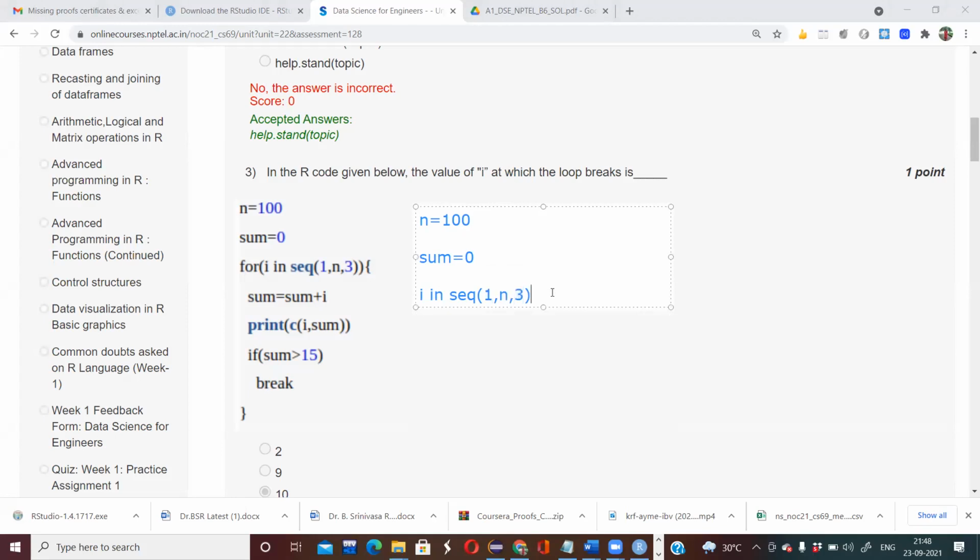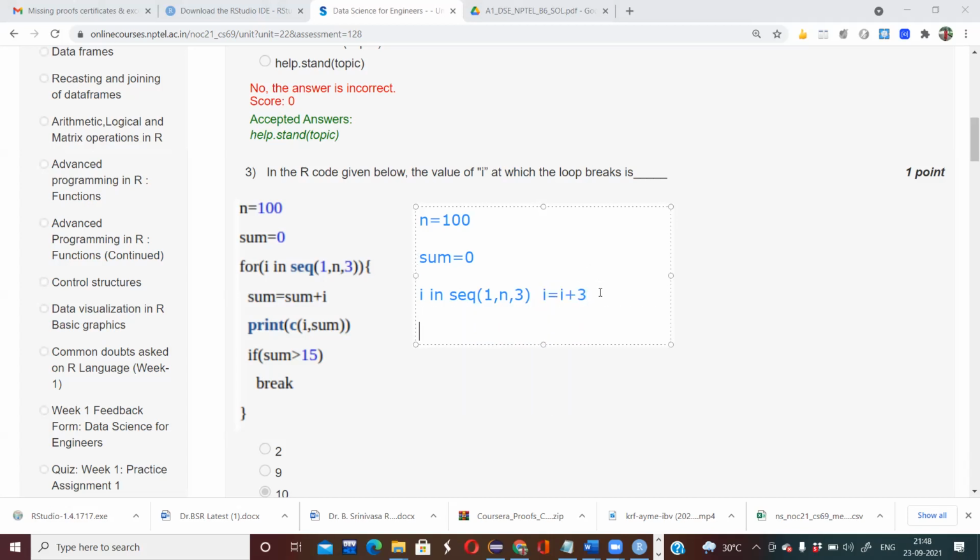You can consider i as i equals i plus the increment. If there is no value given here, it is considered 1 by default, so i is incremented by 1 every time. Here the increment value is 3, so i will be incremented by 3 every time.